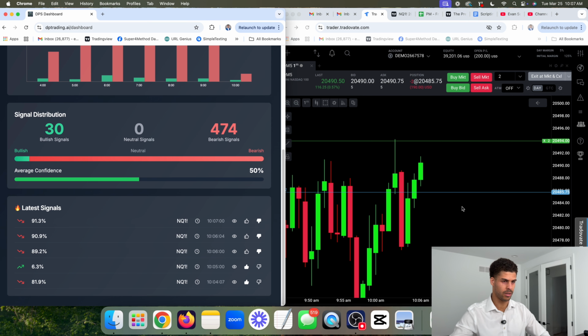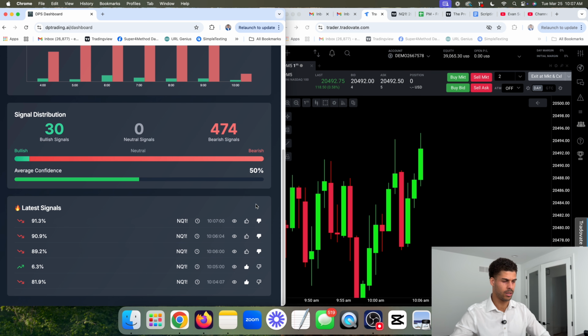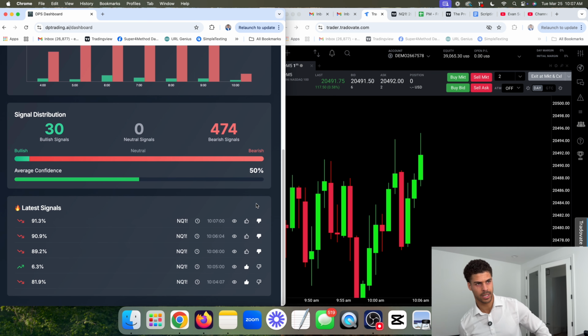I need price to fly in my direction. So far, not good. So high confidence signal with price running. We want to wait for a pullback here and enter somewhere up here potentially. But since we're in this trade, we're just going to get smacked here. And then we can wait for this trade to finish out. I think we use too much sentiment so far.